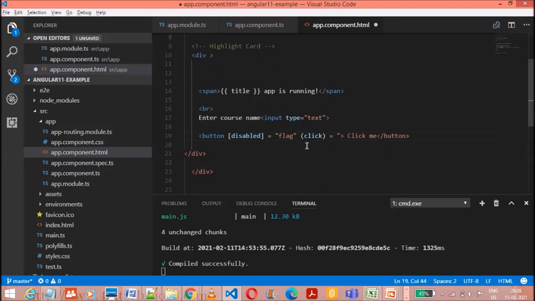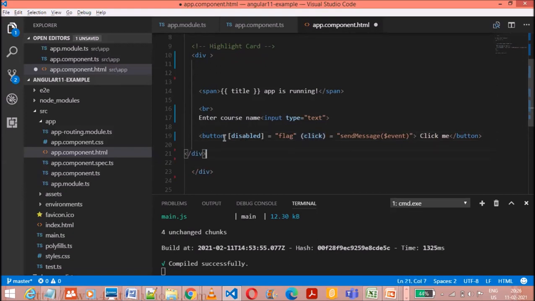But in event binding, whatever I do on my view would be reflected in my app component class. Now I want to call some function on my click, and I want to pass this event information also. So this click we write inside parentheses.